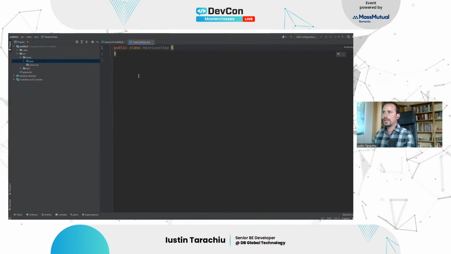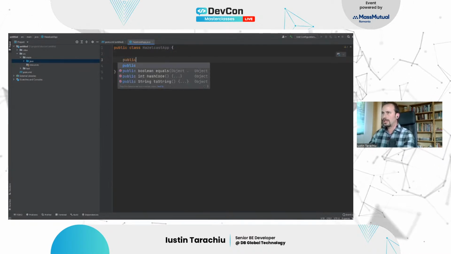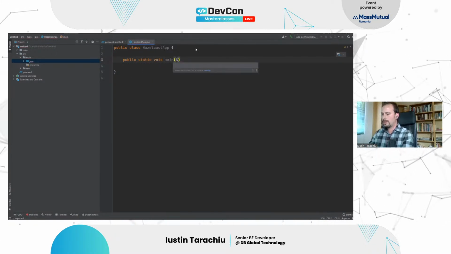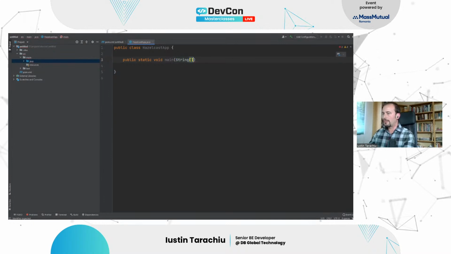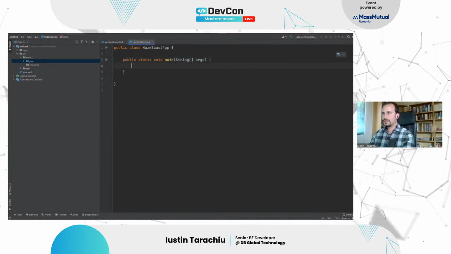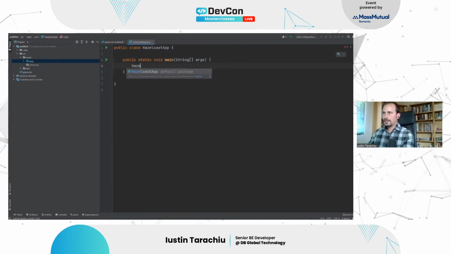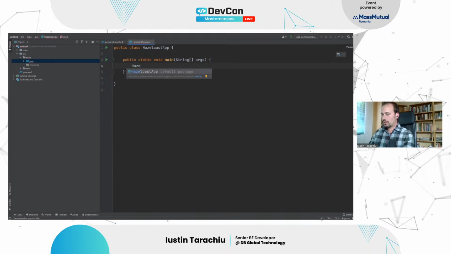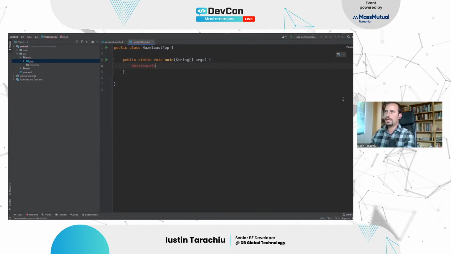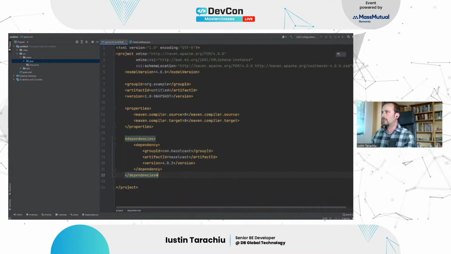You can put any name you want. And right here, we would just put public static void main, sorry, string args. We all know this kind of method. So right now we just need a Hazelcast instance,